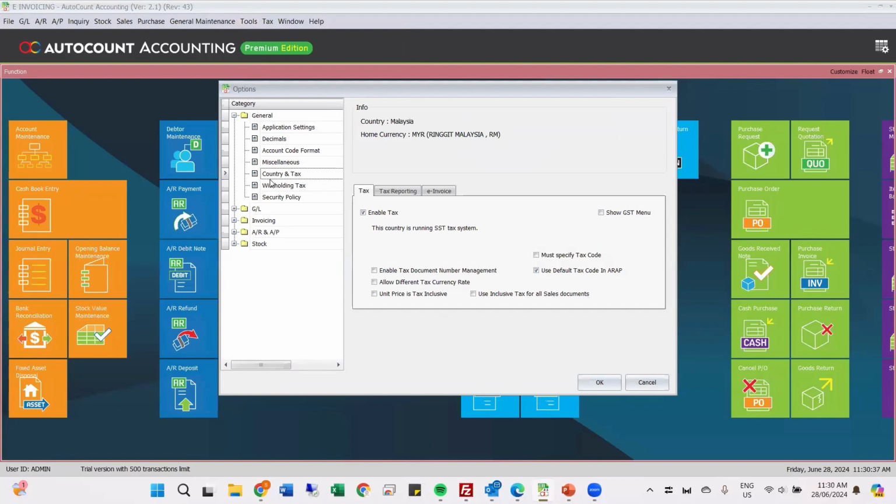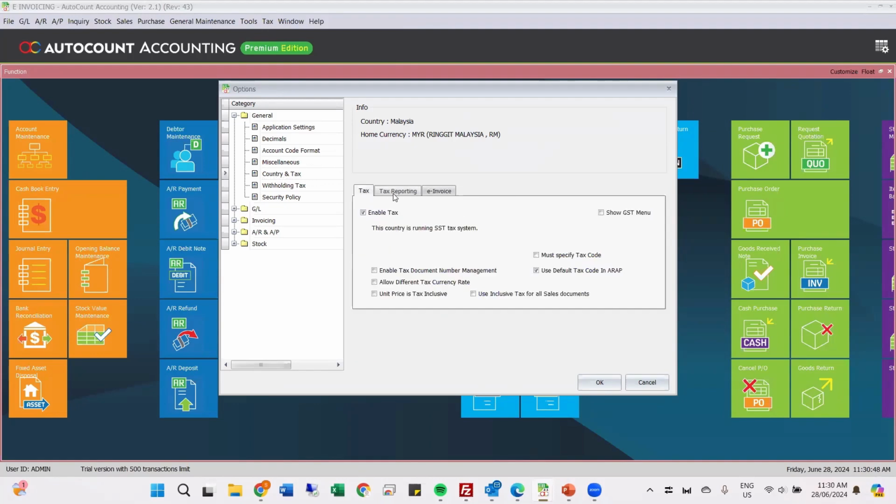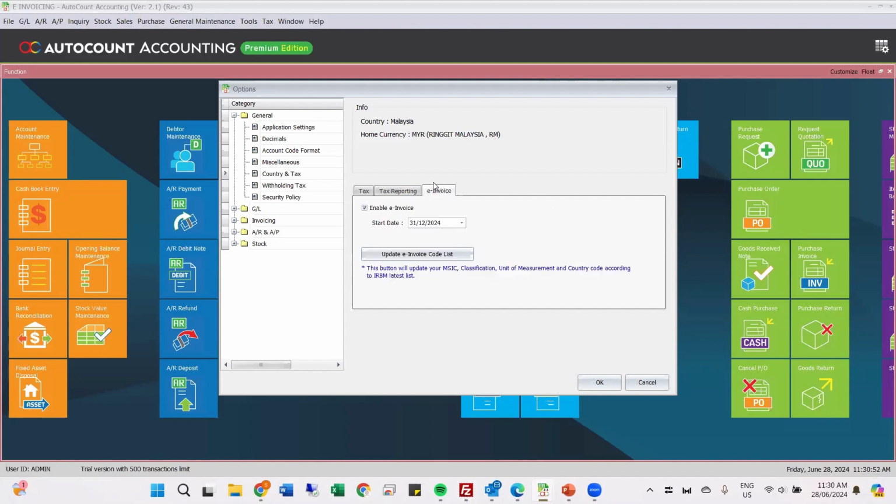Like I mentioned just now, the e-invoice we implement now is for Malaysia. In future, let's say Singapore or something else, we are not sure. So this one is tax and country. SST and GST are already existing, so we have added another extra selection for the e-invoice. So if we already install the latest version for yours,